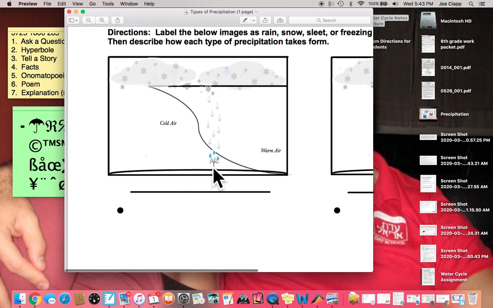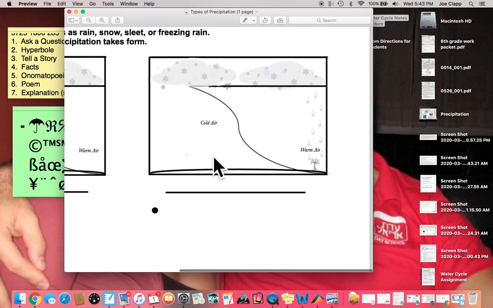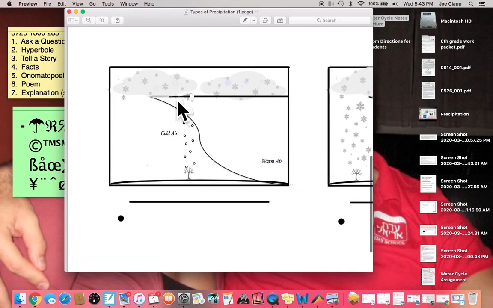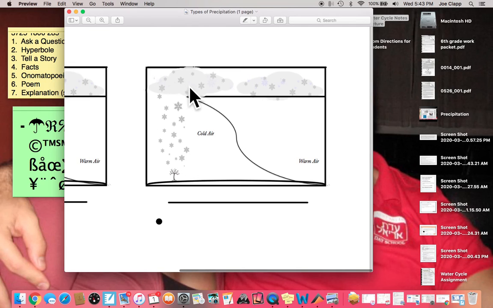So again, this is the freezing rain. It has time to melt, and it hits the surface of the earth and freezes on contact. This one's rain. It melts and stays melted the entire time, not freezing again. You can see here this is sleet. It melts, but has enough time to freeze back into ice pellets, so that's sleet. And of course, this is